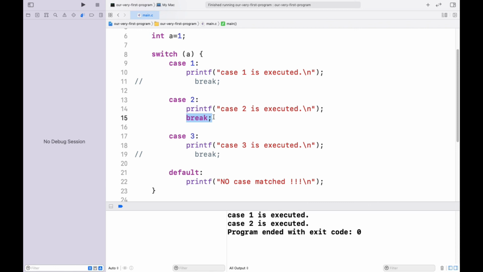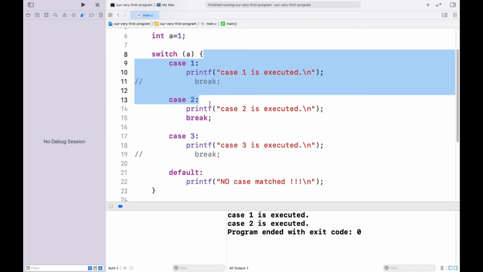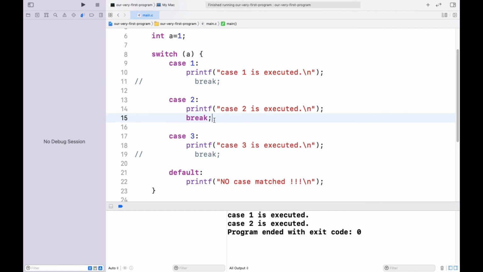So what does break do? As soon as the break statement is executed, it is going to instruct the compiler to exit the block in which it is right now. So right now it is in the switch block, so it is going to exit the switch block itself, or you can say it is going to terminate the switch itself. Okay, terminate it.